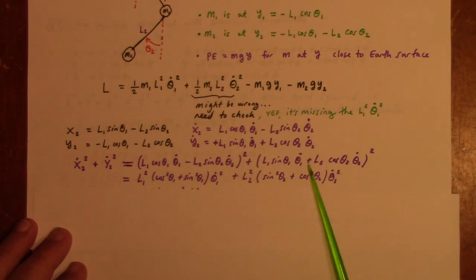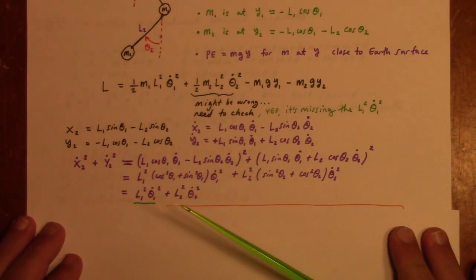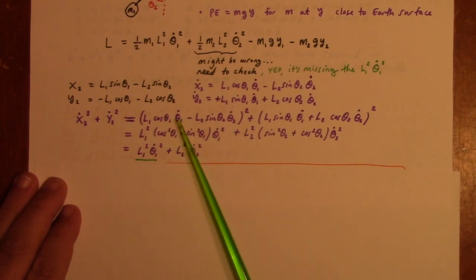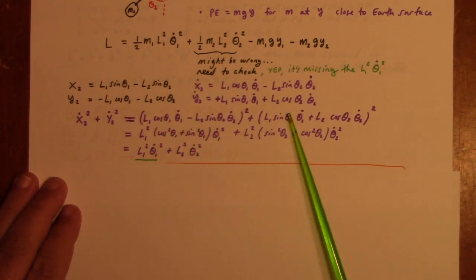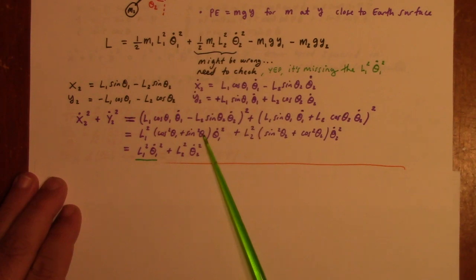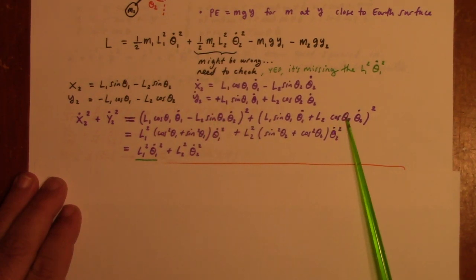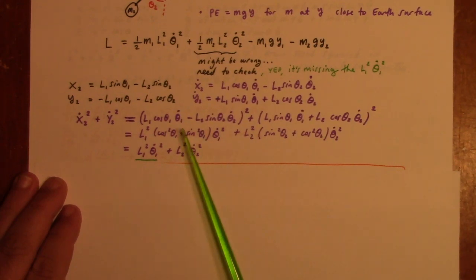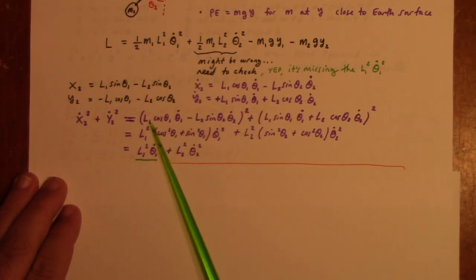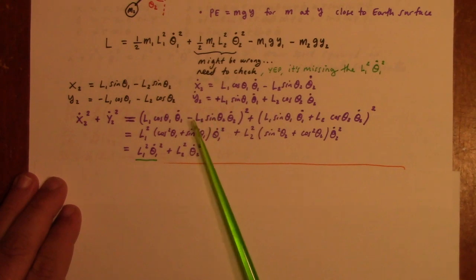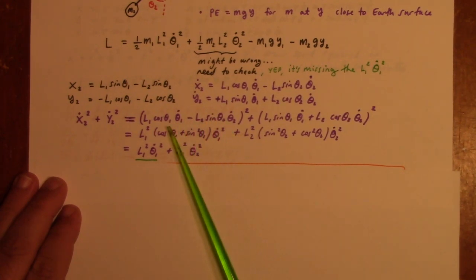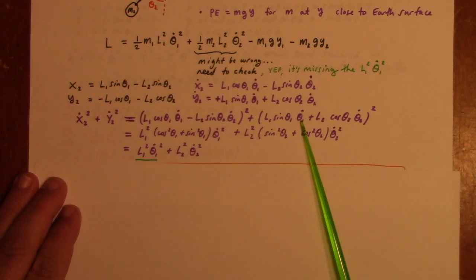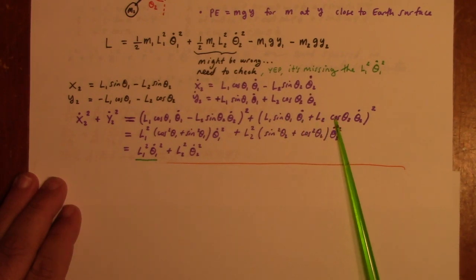Square that out, and the cosine squared terms from this one and that one give me this one. The sine squared and cosine squared terms from this one and that one give me that. And then the middle terms: I get a 2 L1 cosine theta 1 sine theta 2 theta 1 dot theta 2 dot with a minus, and then a plus 2 L1 sine theta 1 L2 cosine theta 2